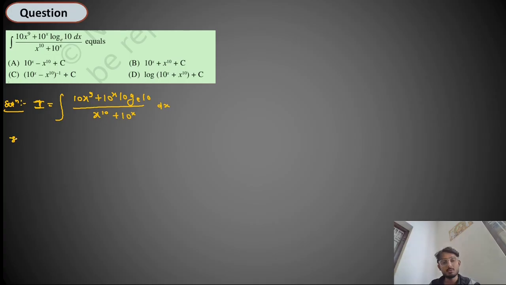You will let this term be t, since the derivative of this term is present in the numerator. So let x raised to power 10 plus 10 raised to power x equal to t. So the derivative of this term is 10 x raised to power 9 plus the derivative of 10 raised to power x